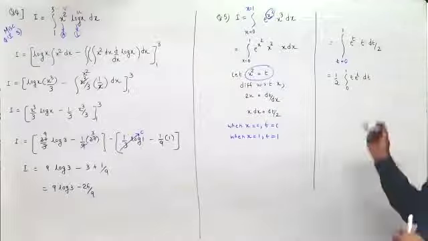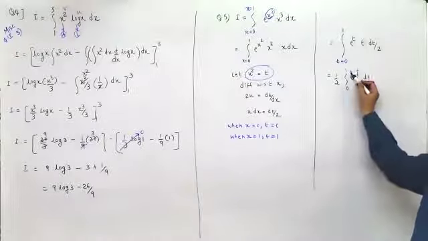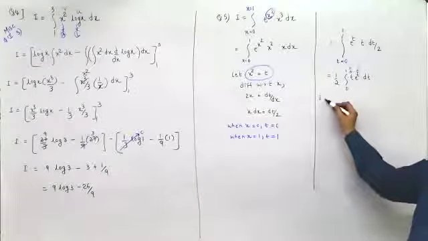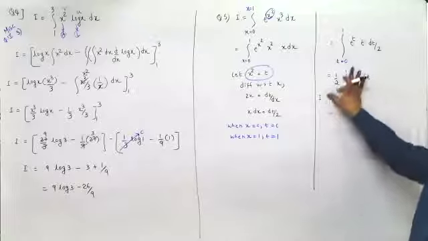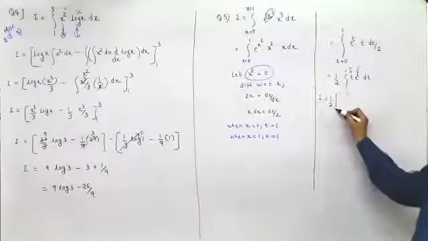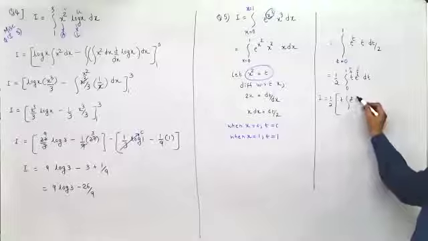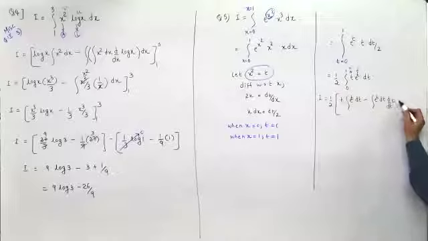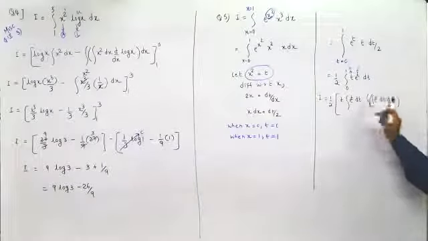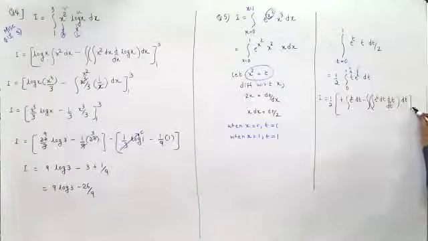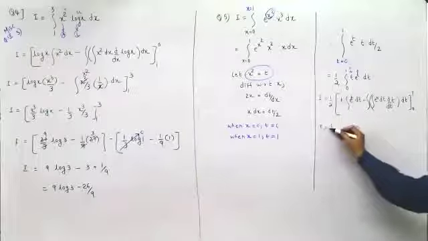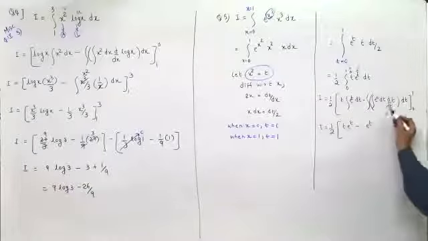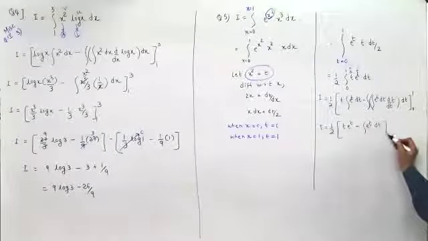Here, if you observe, this is algebraic, this is exponential. In ILATE, A comes before E, so this is u, this is v. So therefore, this would give you I equal to half. In fact, I'll take half outside. I'll write t here, integration of e raised to t dt, minus integration of e raised to t dt into derivative of t, multiply it and then integrate it once again, between 0 and 1. So here I would be equal to half. This is t. Integration of e raised to t is e raised to t. Derivative of t is 1. This is e raised to t dt between 0 and 1.